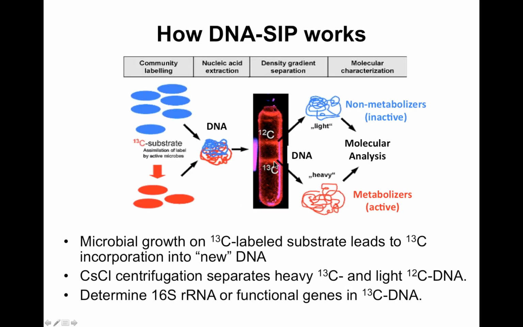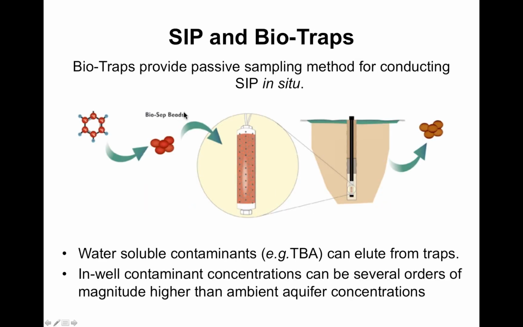We can separate that DNA out by cesium chloride density gradient centrifugation. So this heavy DNA comes from the organisms that have metabolized the C13 compound, and the C12 DNA comes from organisms that haven't. And then we can molecularly look at 16S ribosomal RNA content in the C13 DNA to identify organisms that have